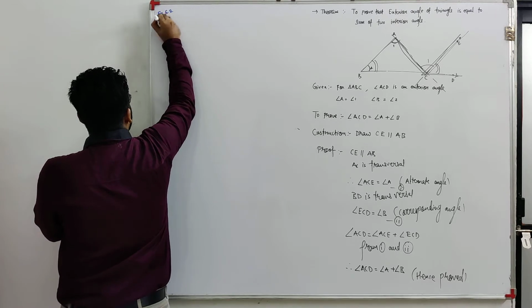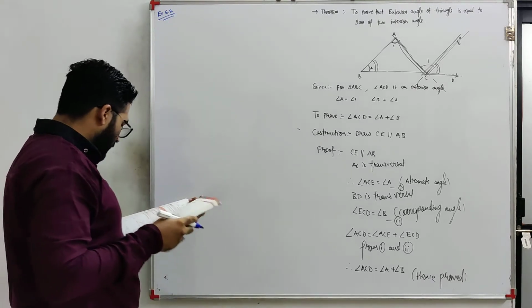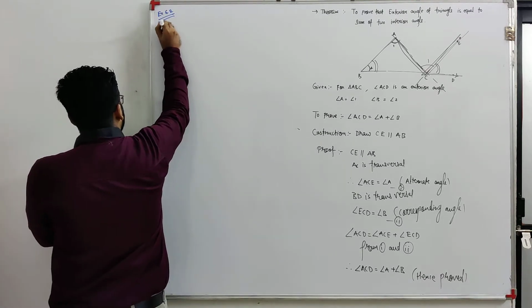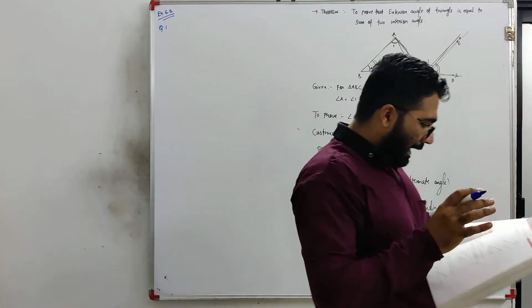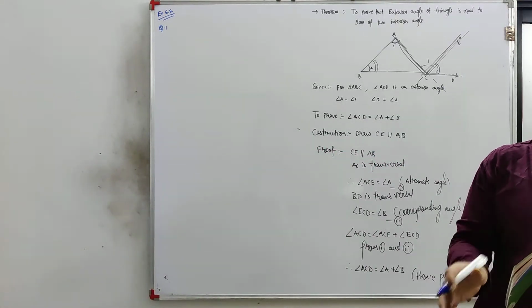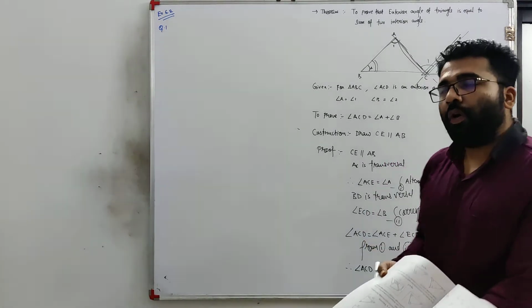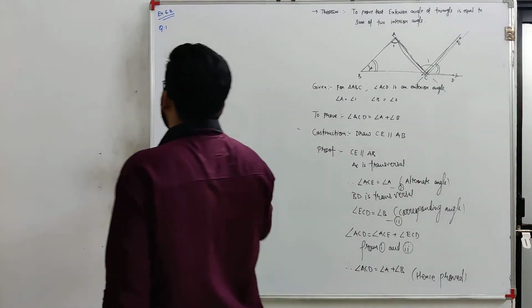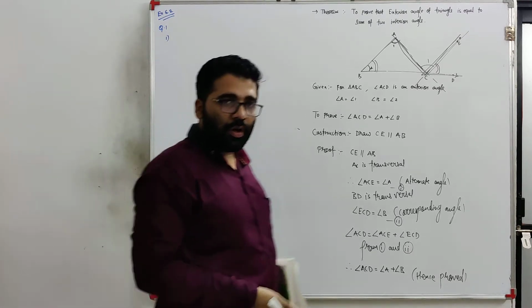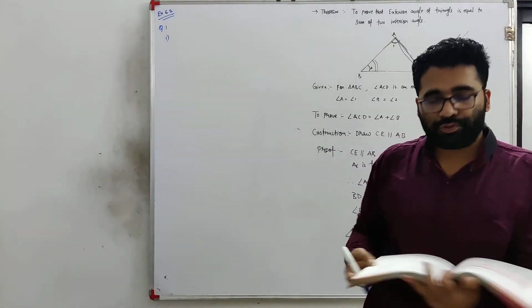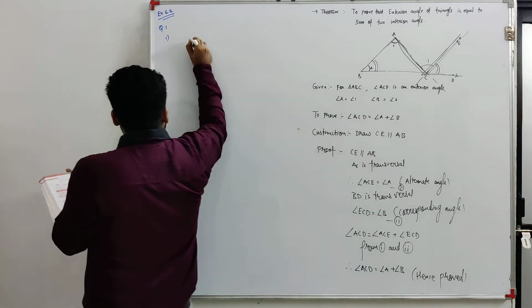In exercise 6.2, you have seen question number 1. What is question number 1? Find the unknown exterior angle x in the following question. So all the questions are similar. Here I am going to solve only one question, to show how to solve it. Otherwise you know very well how to solve. So here the question is,